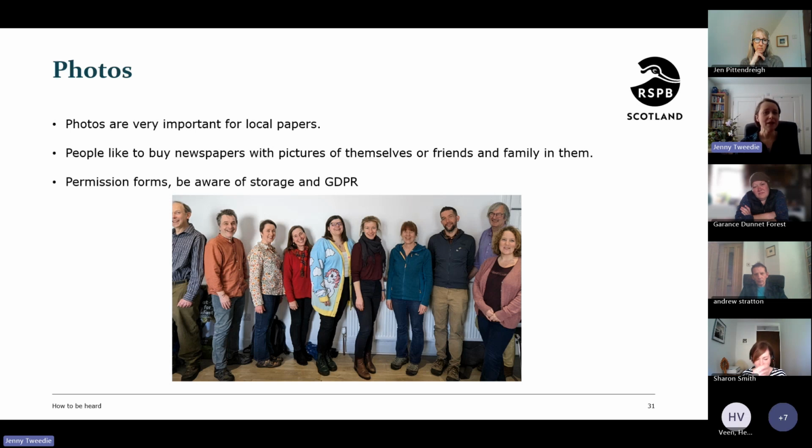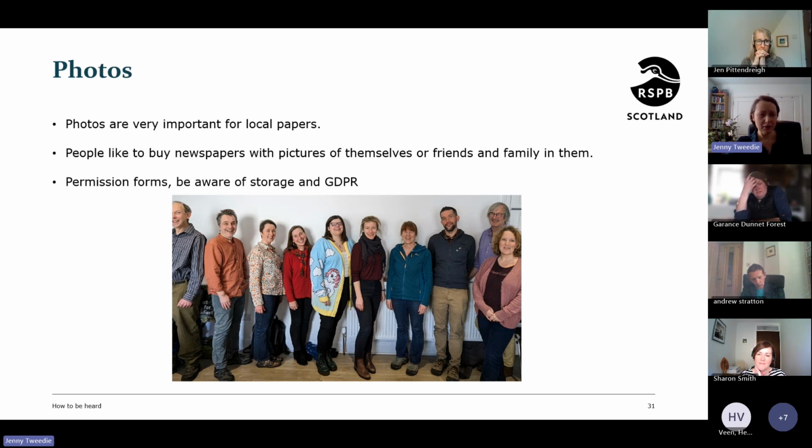However, it's never simple, because these days you should be using permission forms for any pictures of people. If you've got species or anything like that, you don't need to worry. Obviously, you can't ask a fungus if it's all right to use its picture in the paper. But for any people, you should be getting permission forms signed. You've then got to store the picture and the form in a GDPR compliant way, so that you're not accidentally sending that information out to the world. It's particularly important with children, but really anybody who's identifiable in a picture.